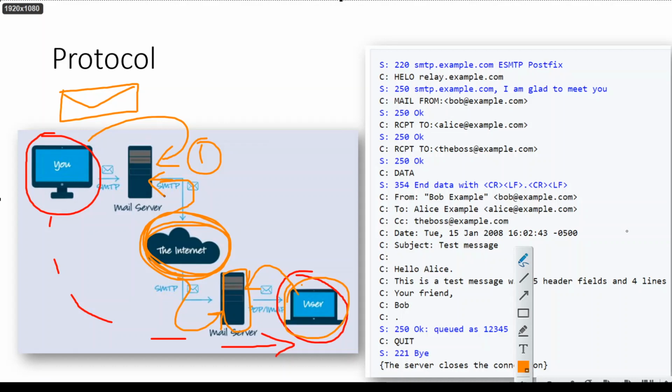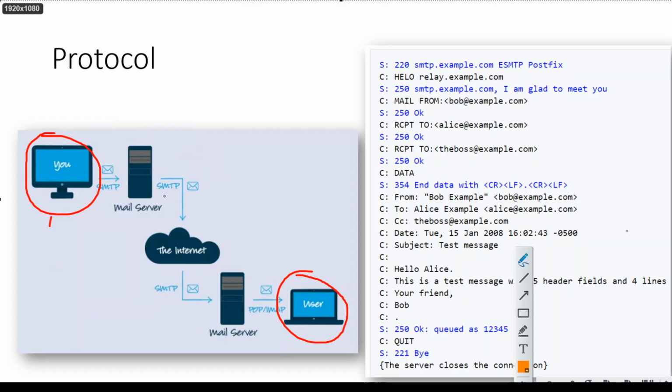And now coming to the protocols, I'll just erase this. So then why do we need protocols? The reason that we need protocols is because there are several email services such as Gmail, Rediff, Yahoo, and Outlook, and so many other things.